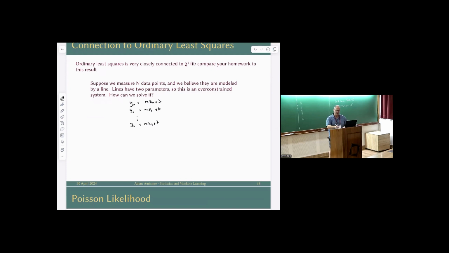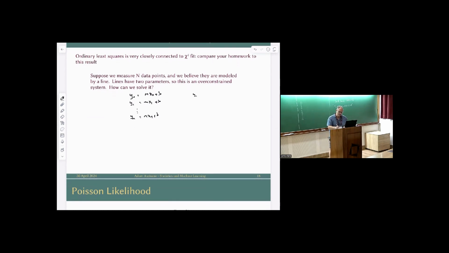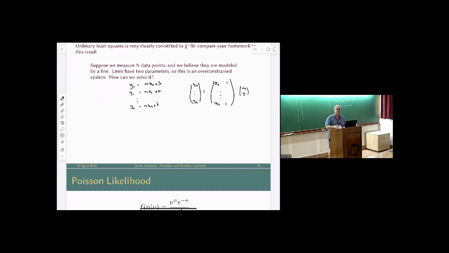Right? This is a series of n equations, but we only have 2 unknowns. So this is an overspecified linear system. So the way you normally write this is you have your vector of observations is equal to this. That's not anything you can do anything with, but if you multiply by the transpose of this matrix, or this matrix, you get